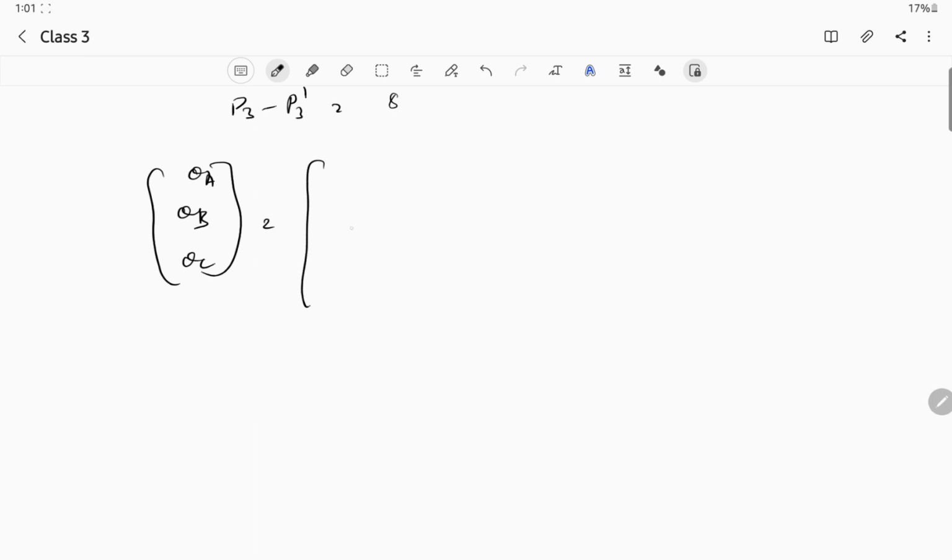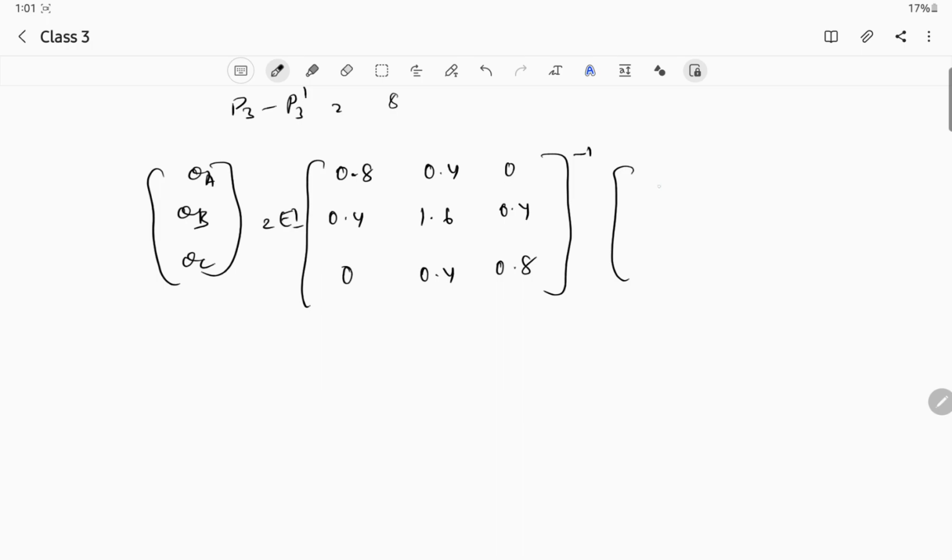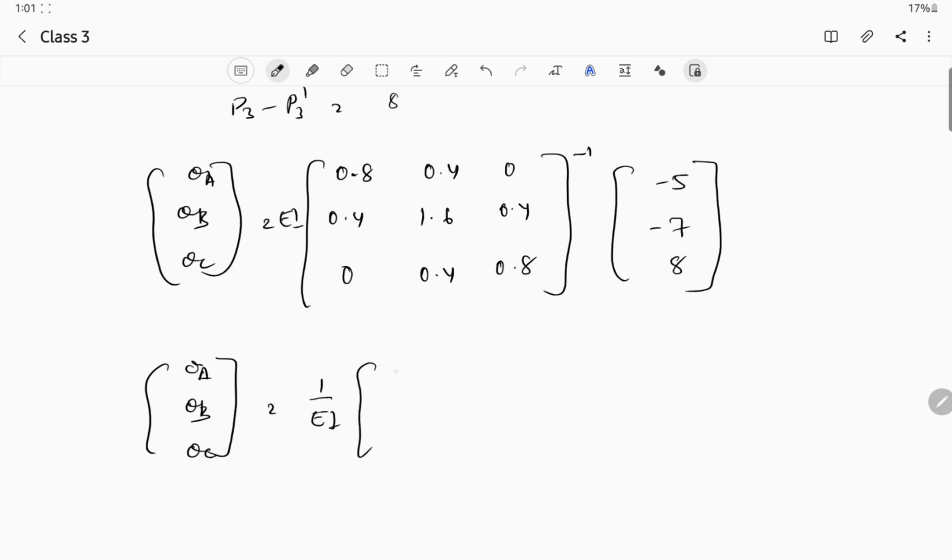So that means I am taking EI outside. Our stiffness matrix is 0.8, 0.4, 0. Then we have here 0.4, 1.6 and 0.4. Similarly 0, 0.4 and 0.8 we have here. We have to inverse this matrix. Then P minus P dash is minus 5, minus 7 and 8. So if you do the inverse of the matrix, theta A, theta B and theta C is equal to, EI will go in the denominator, and the values will be,